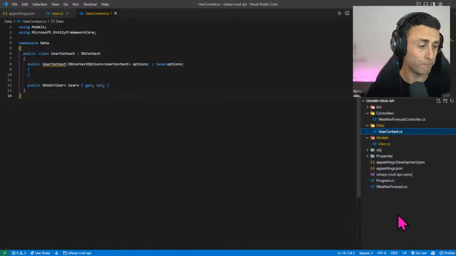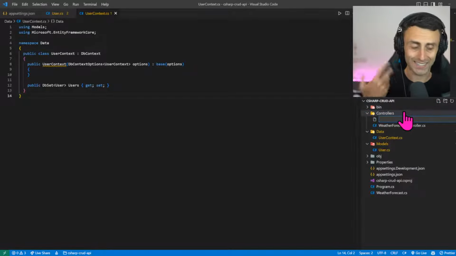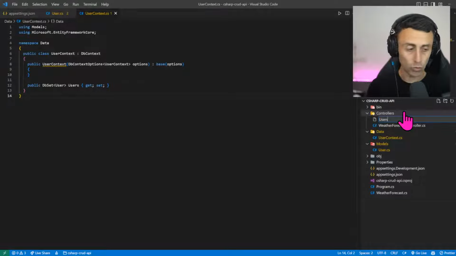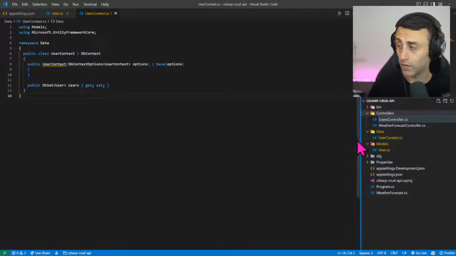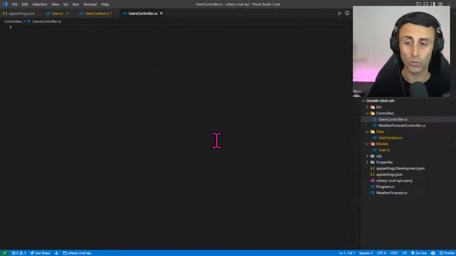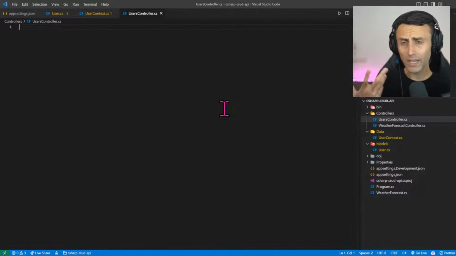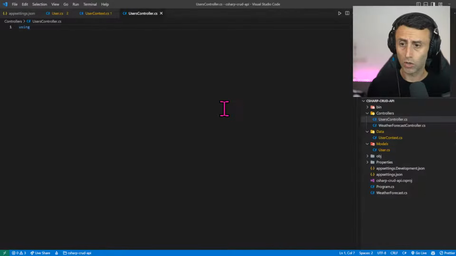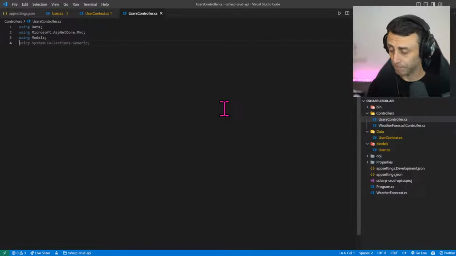Nice. This is done. Now we need to create a controller. This will probably be the hardest part, at least for me. So let's create a file called UsersController. It can also be User, but let's say UsersController.cs here. So this is a controller. This will handle all the requests. So here we have some dependencies. So let's add some imports, let's say. So we have this Data. Data is the folder that contains the context, the Microsoft ASP.NET Core MVC, the models, which contain the users,